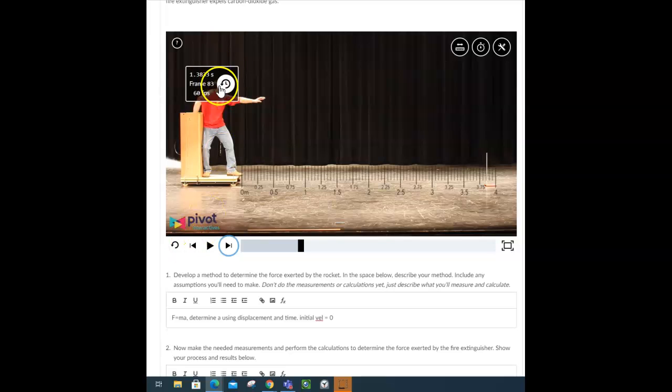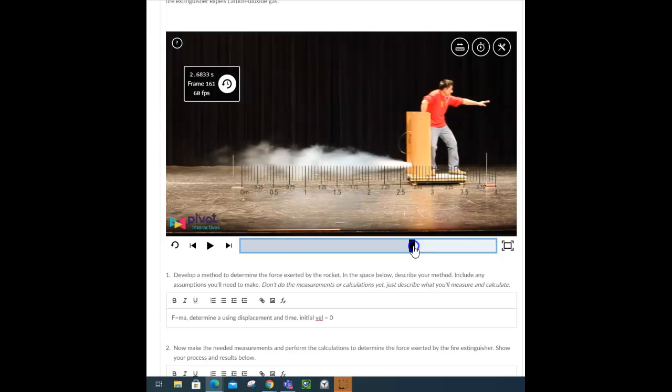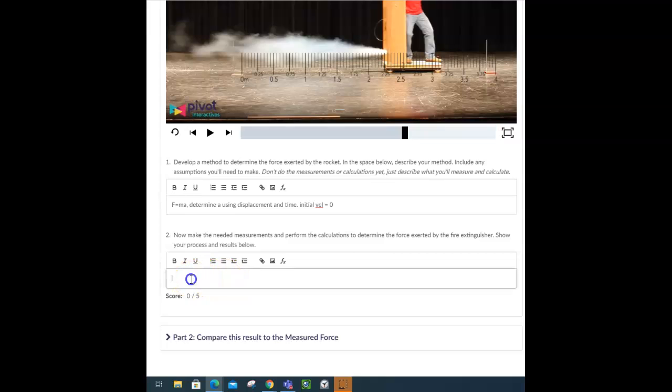here, I think. So I'm going to set the timer at 0, and then if the initial velocity is 0, and he zooms across a distance of 4 meters in a certain amount of time. So there's your displacement, 4 meters. Your time will read here. Make sure that you reset your stopwatch at 0 when you want to start measuring, when he just begins to move. So you calculate the acceleration, and so you show acceleration, calculation, and then force